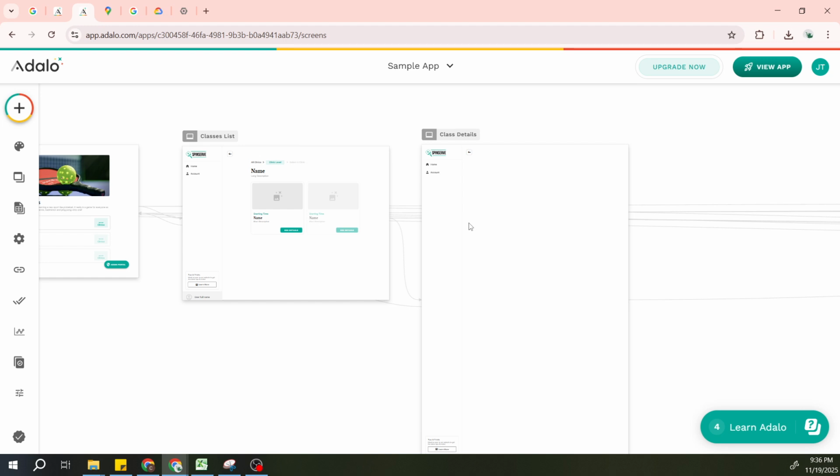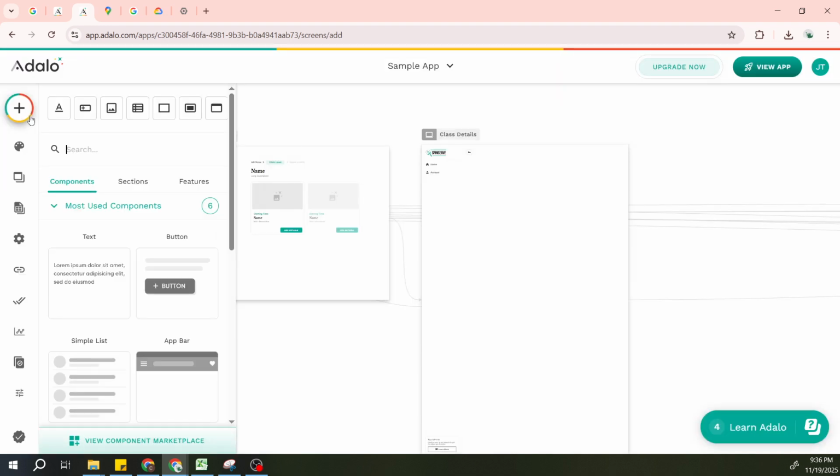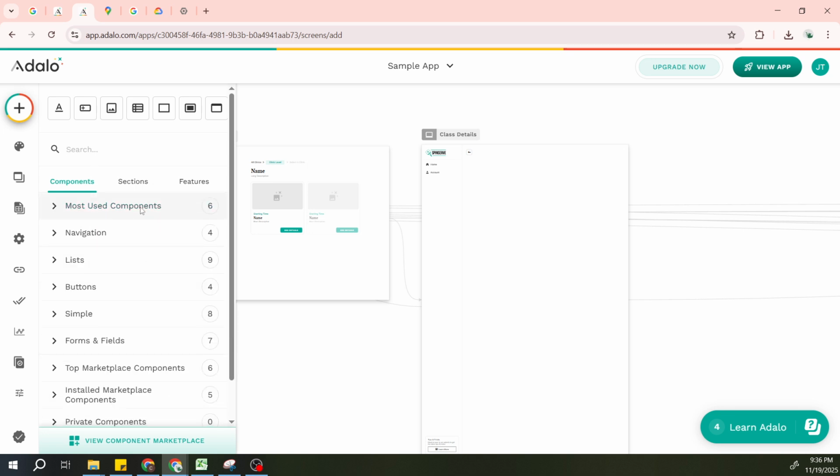Next, look to the left-hand sidebar and open the Marketplace. This is Adalo's catalog of components you can add to your app. It's designed to be quick to browse, and you can always return here later if you want to try additional